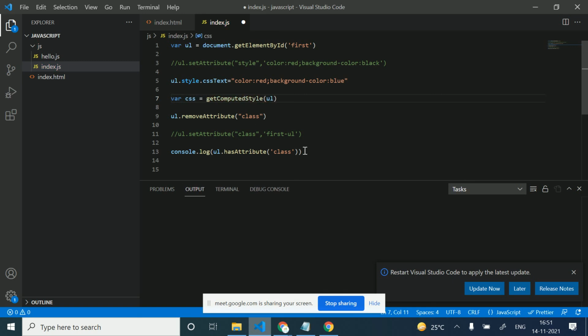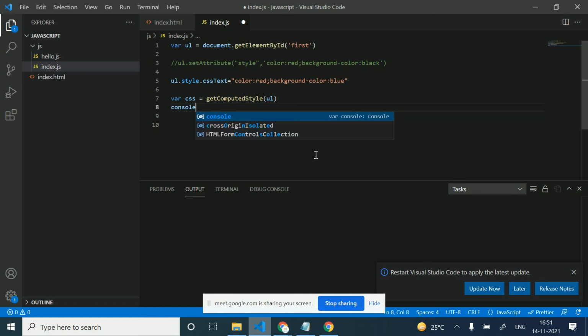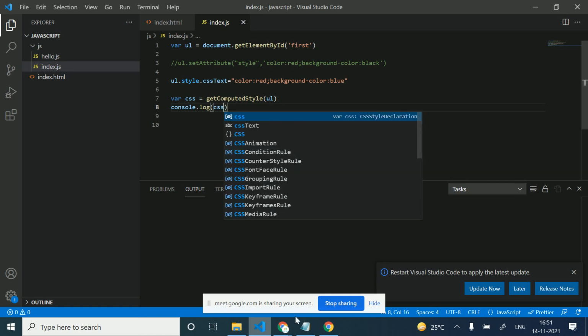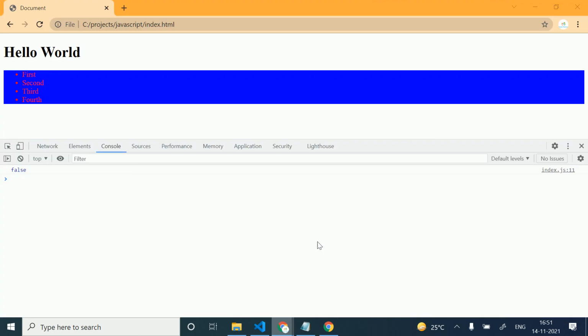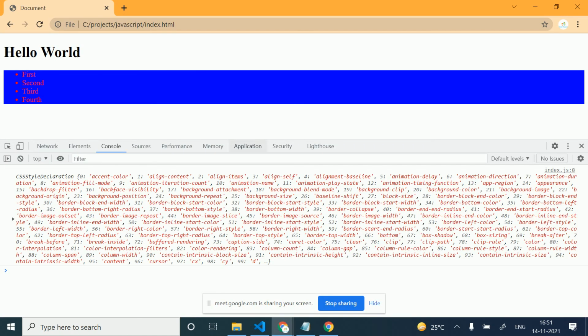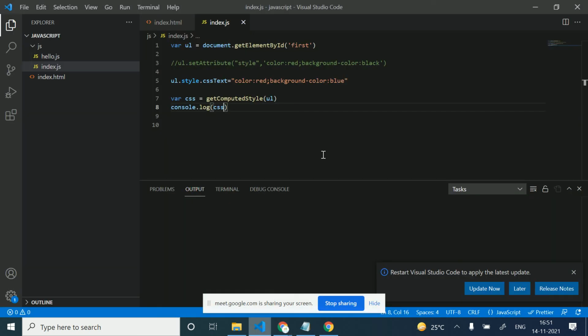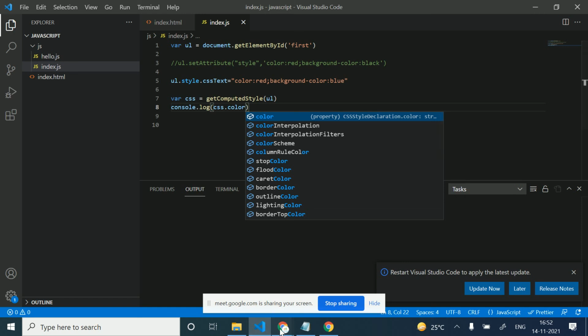I'm just going to console.log the css. Now we have a very large CSS here, with everything applied. I will find the background and the color here. Let's check.